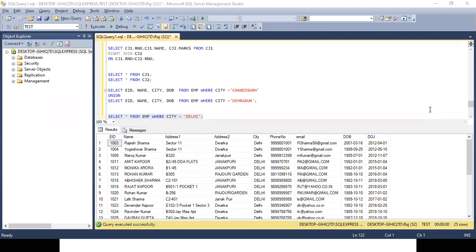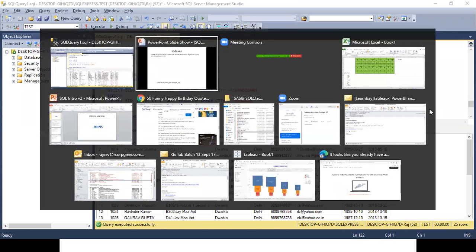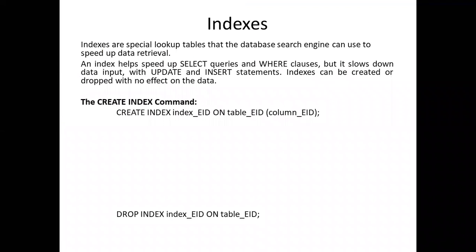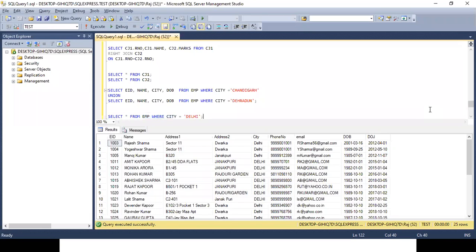Now think of an example like Amazon, where there is a huge amount of data, and when you search for a particular product on the website, within a few seconds you get the output. And where is that data? The data is in the database. So can you think of retrieving that data without indexing? It will be very troublesome. It may be a very time consuming activity. So let me create an index over here.